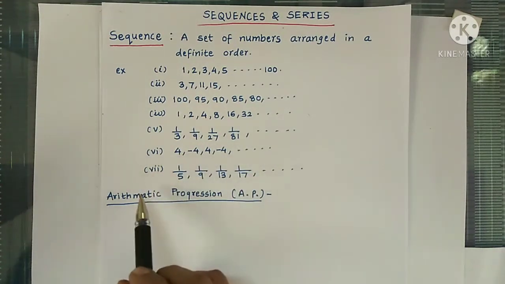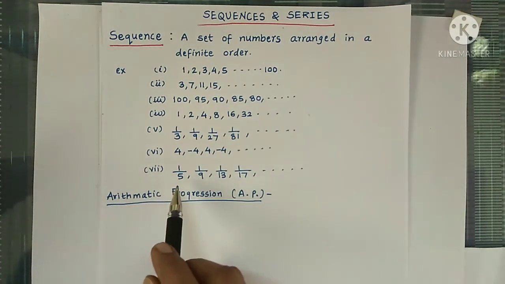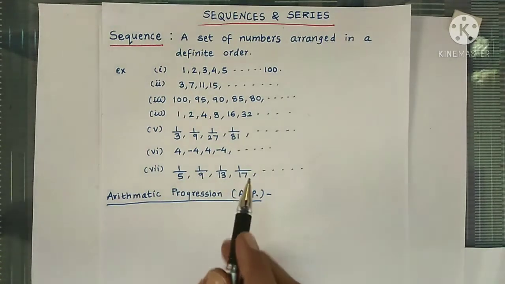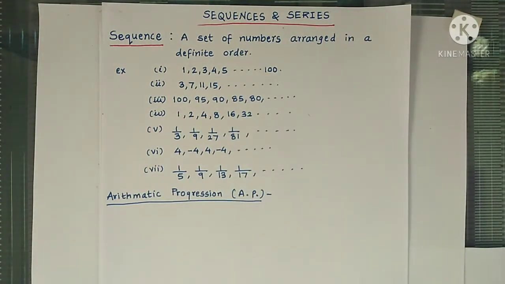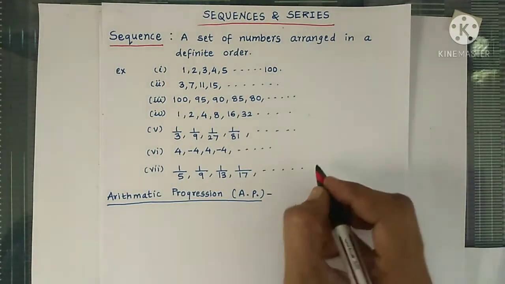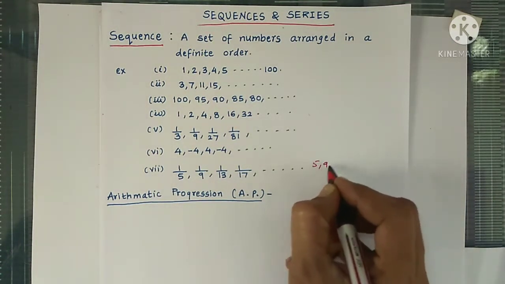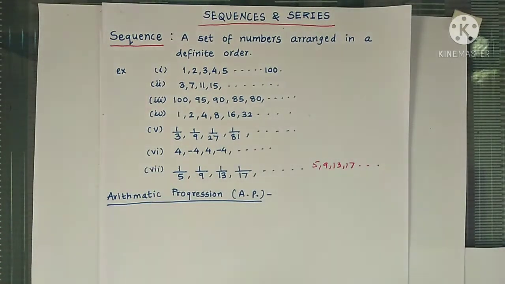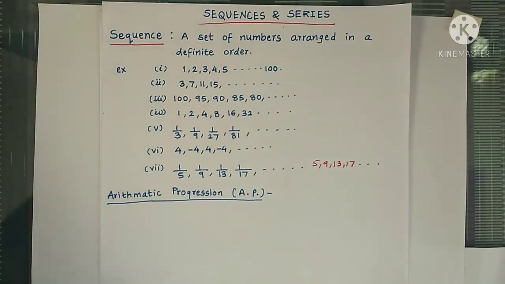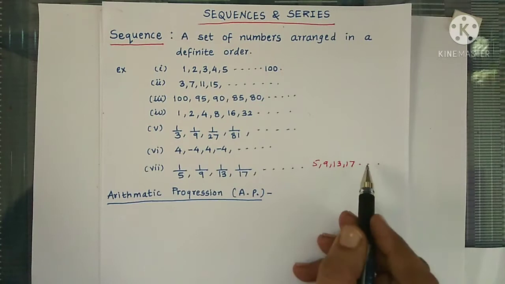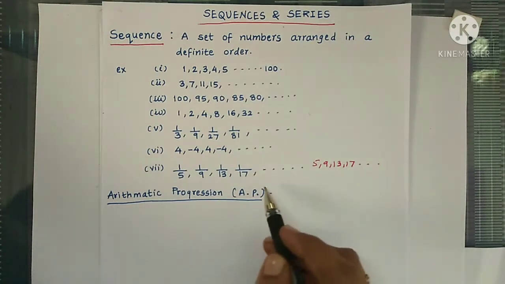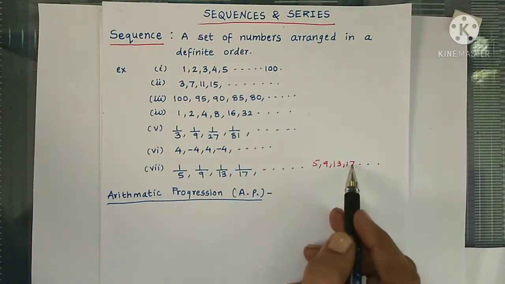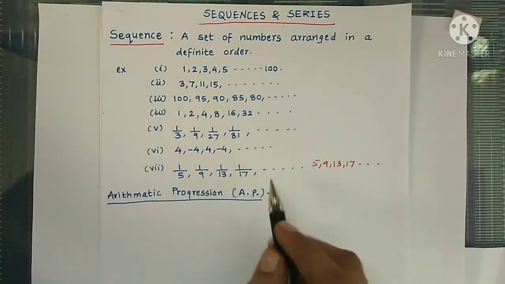The ratio is minus 1. And in the last example, if we see, 5 plus 4 is 9, then 9 plus 4 is 13, 13 plus 4 is 17. So if we take the reciprocal of these numbers, I get 1 upon 5, 1 upon 9, and so on. So this is an AP. Last year you studied arithmetic progression. So the difference is constant. We can find the next term by adding 4 to the denominator. Adding 4 to this number we get 21, and we have to write here the reciprocal of that number.